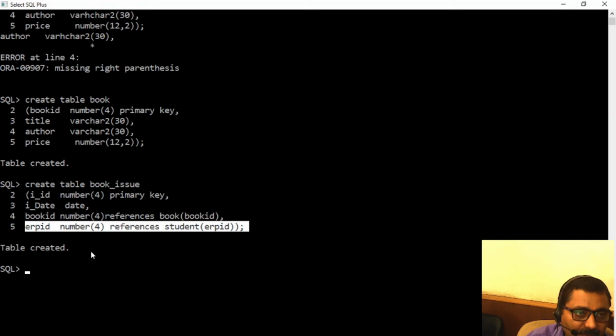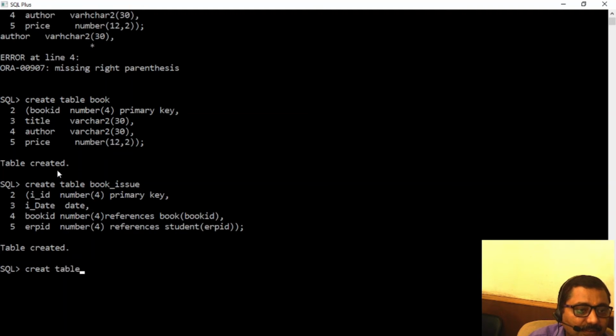Now we'll learn how to add a primary key with name, means how you can give a name to a primary key. It's very simple. I'm going to create a copy of book issue table.